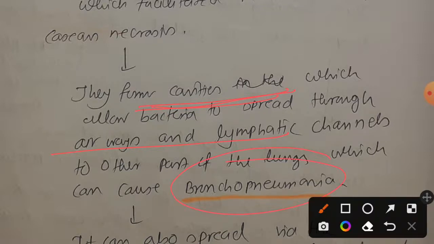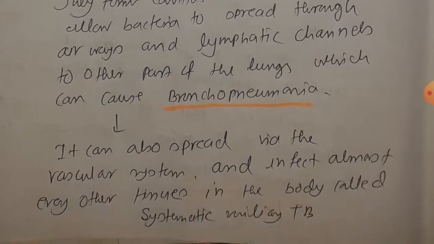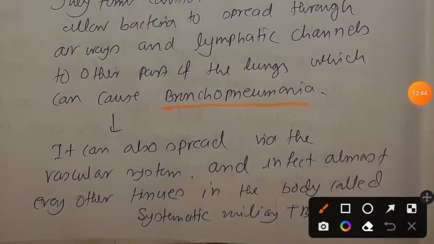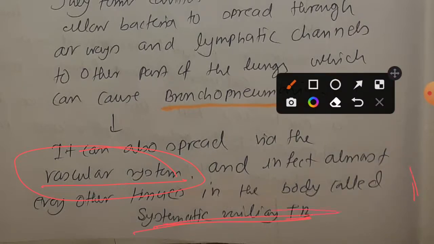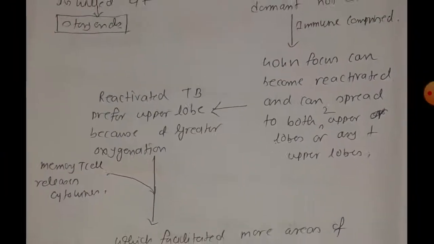Not only will they follow the lymphatic channels or airways, but they can also choose to go through the vascular system and infect every other part of the tissue present, facilitating a special type of complication known as systemic miliary TB. So I think you can understand that